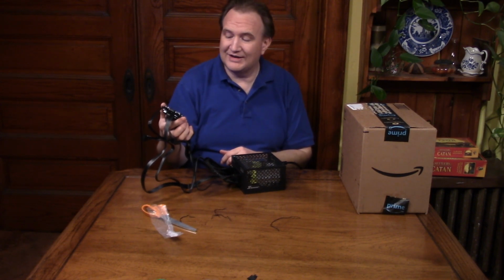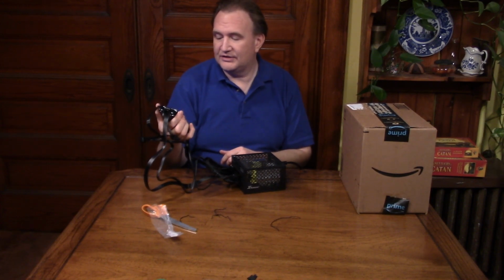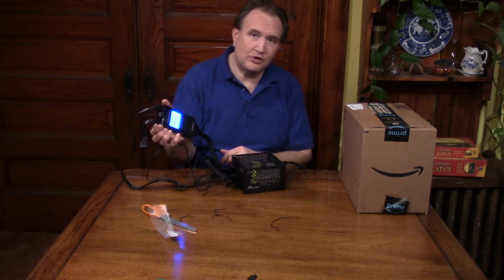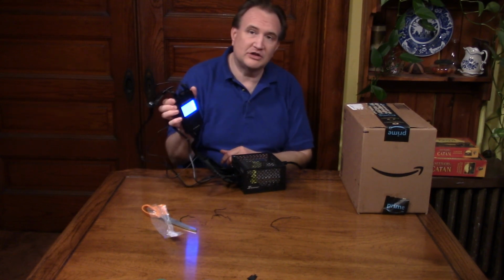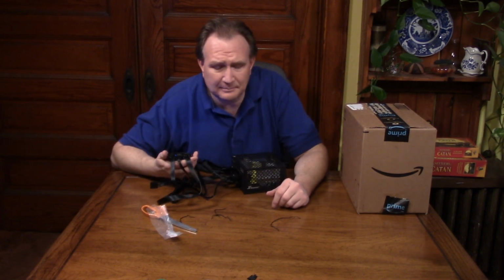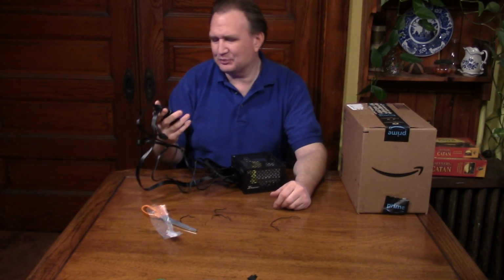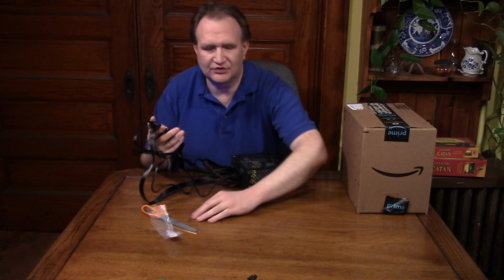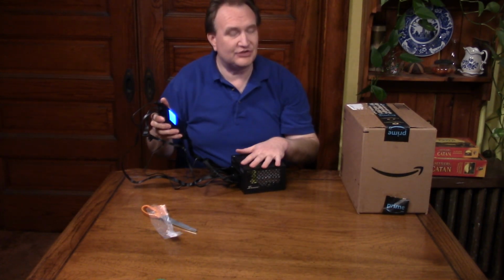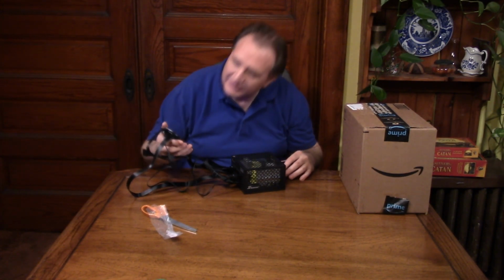and it should switch. Let's see, PCI says 12 volts. The CPU says 12 volts. And the Molex says 4.9 on the 5 and 12 on the 12. So I don't know why it's only giving me 4.9. I tell you, brand new, it should be 5. But 4.9 is probably within the parameters, which is why the tester doesn't say it's an immediate fail. But this is really weird that this is quiet. It's like you can't even tell it's on. I'm going to put my ear next to this and see if